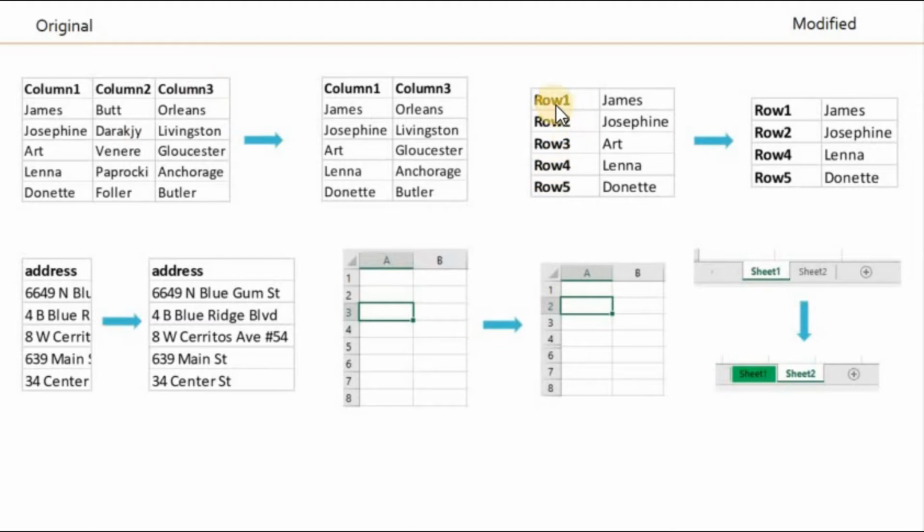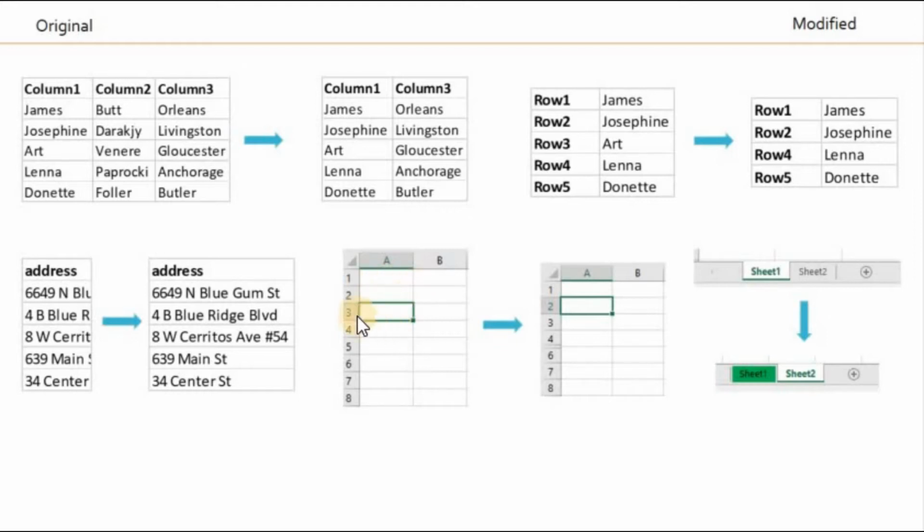Same way, here I have 5 rows. From this, I need to remove row 3. See, here the entire row has been removed. Next, we have some text which is overlapping the cell borders. Based on the data width, the column size has to be adjusted. See, here the column width has been adjusted based on the lengthy text.